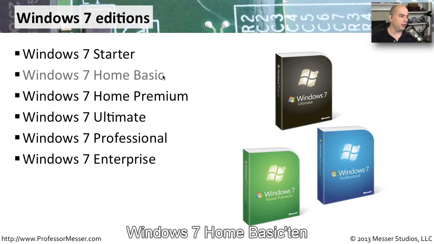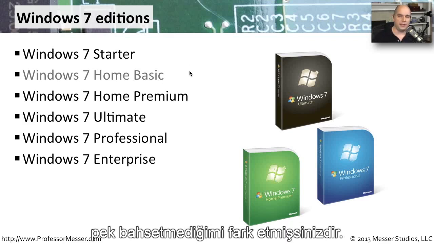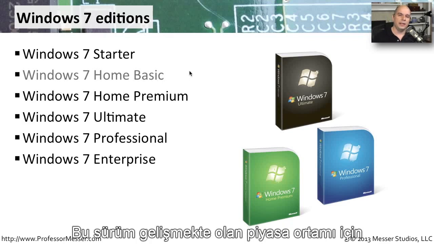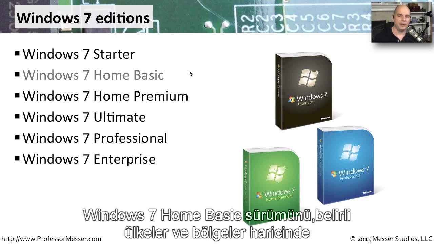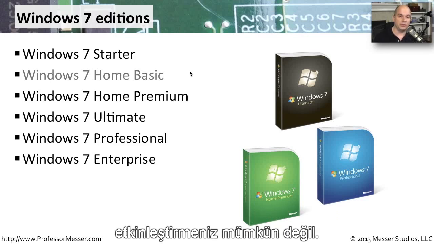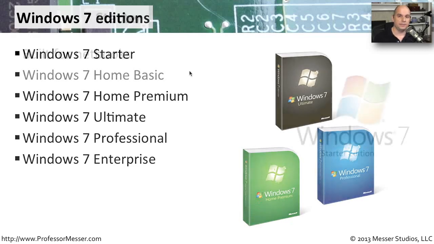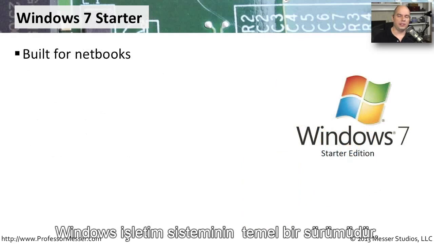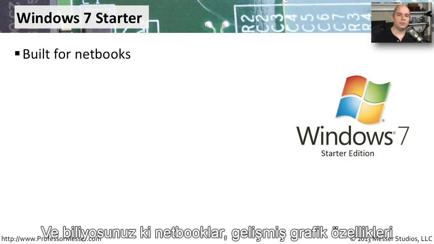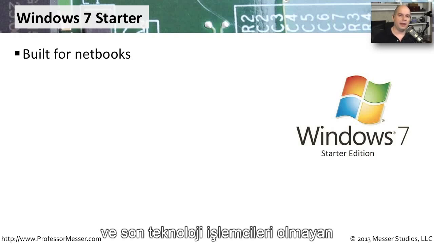And you'll notice that I've grayed out the Windows 7 Home Basic. That was a version that was created specifically for emerging markets. You would not be able to even activate Windows 7 Home Basic unless it was in one of those particular countries or geographies. Windows 7 Starter is a basic version of the Windows operating system that was really designed for netbooks. And netbooks, of course, are very small portable computers that don't have a lot of advanced graphics capabilities or